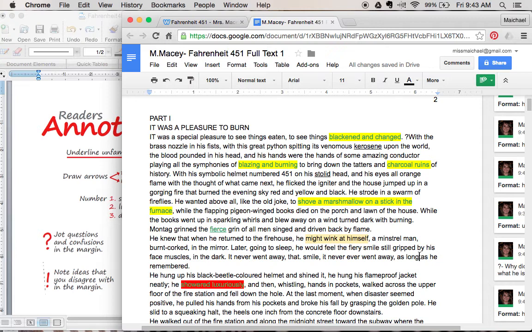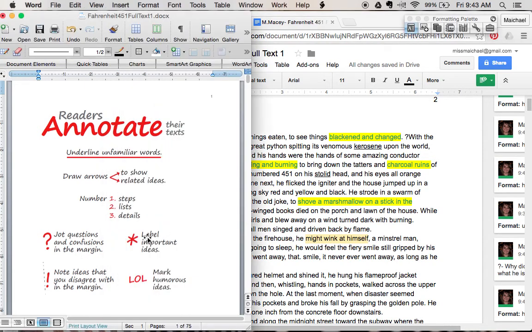So that's what you would do. You would write questions. You would write things that, like I said, all these things, important ideas. Oh, that seems like something really important. Or maybe like a really powerful sentence. Mark it. Say, hey, I really like this sentence. Or this really helped me imagine what he's writing. Or whatever it is that you want to write.